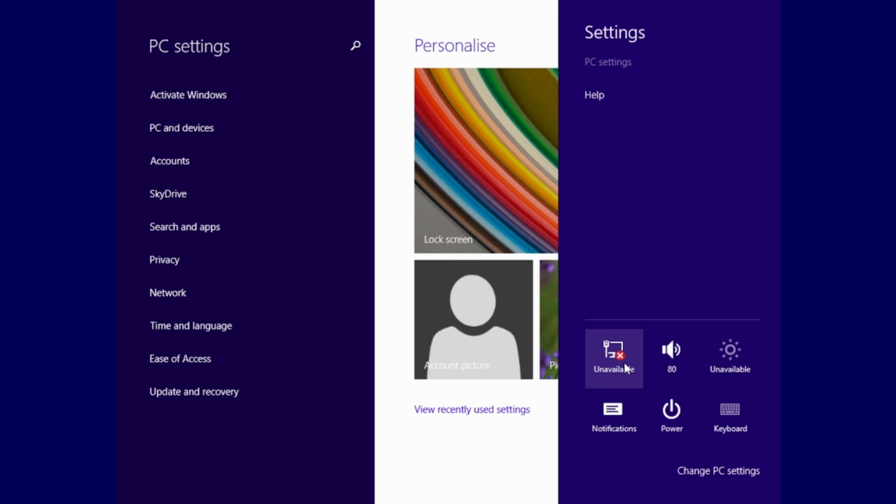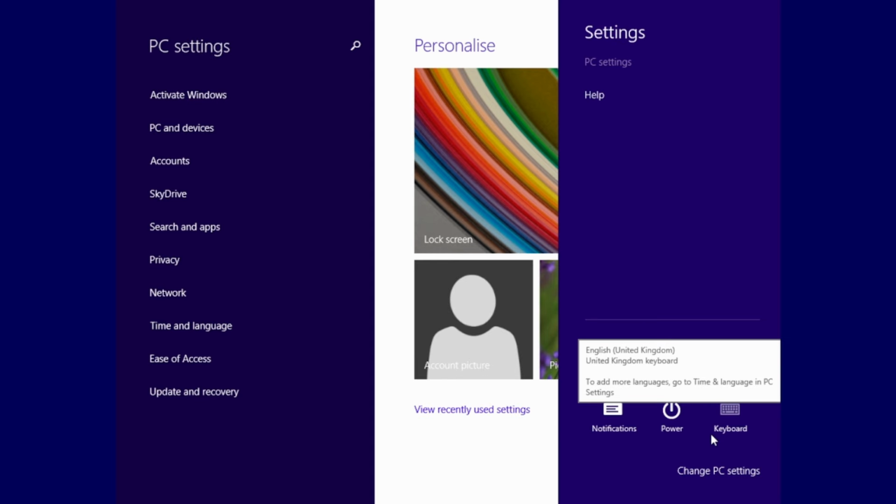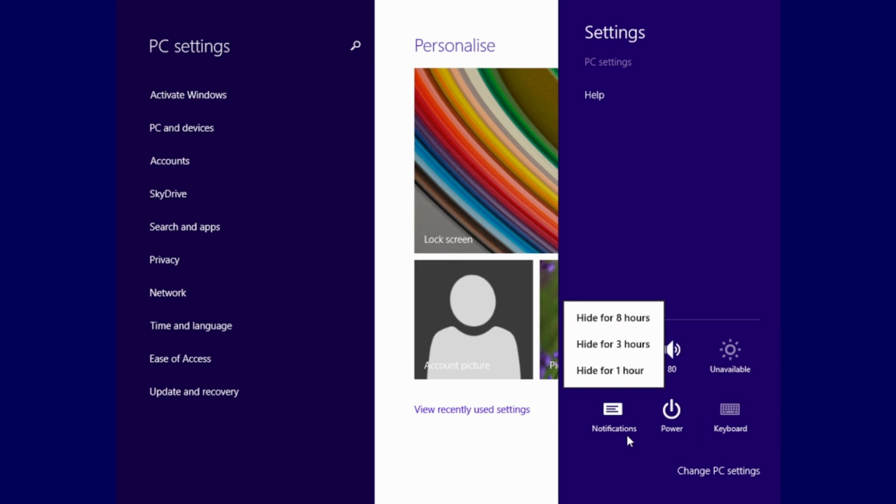You could connect to Wi-Fi. It was basically the most commonly used settings, like, do you want to turn your volume up and down, turn your screen brightness up and down if it supports that. Have a look at your network, check your notifications, or shut down the computer. You can hide your notifications if you want.